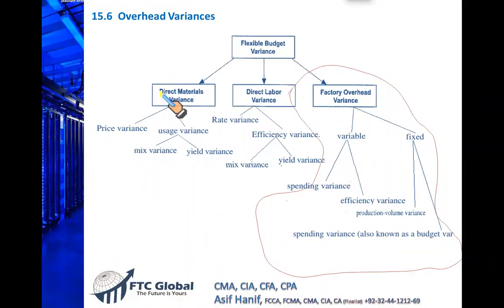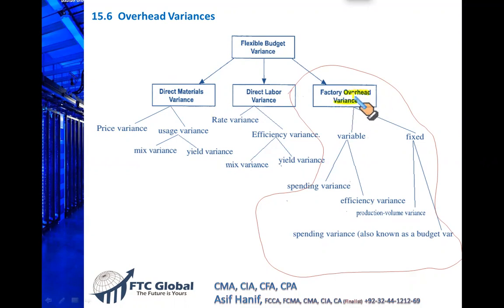In our previous lecture, we discussed direct material, split the direct into price and usage, and then we split the usage into mix and yield. And then we also discussed the labor variances and split into rate and efficiency. Efficiency was further split into mix and yield. Now we're going to go to the other side, the third component of your production cost, that is the